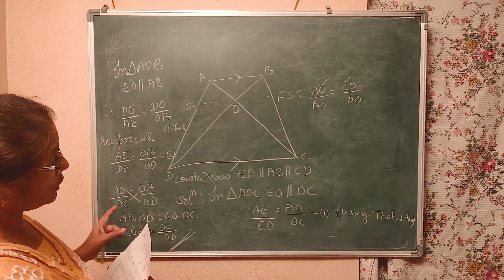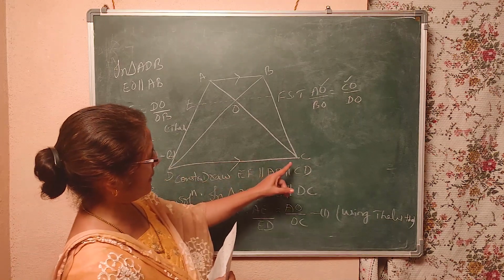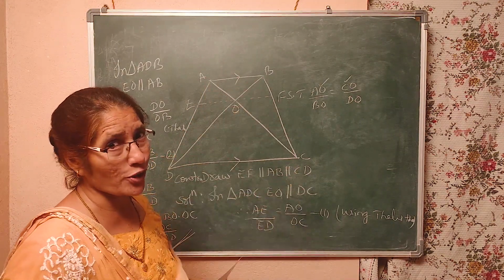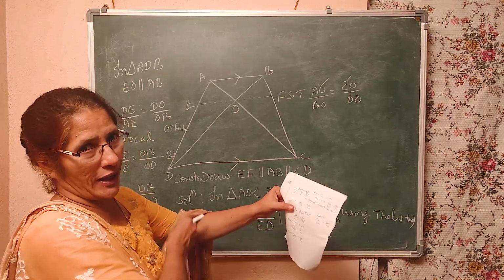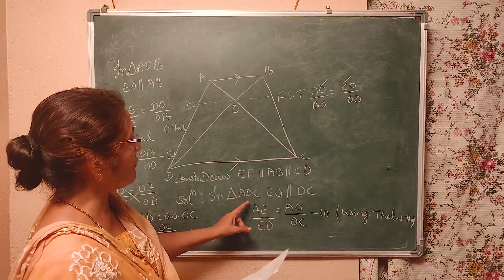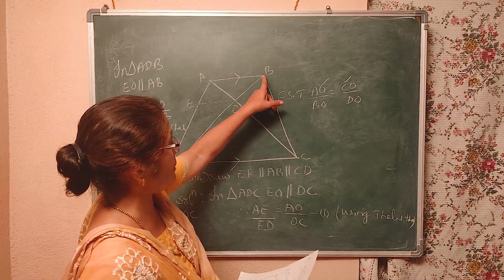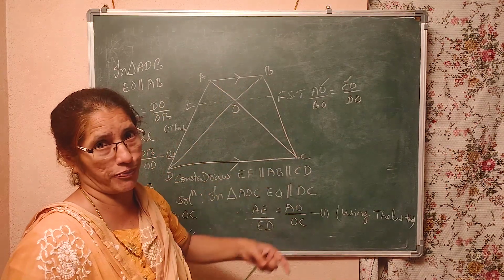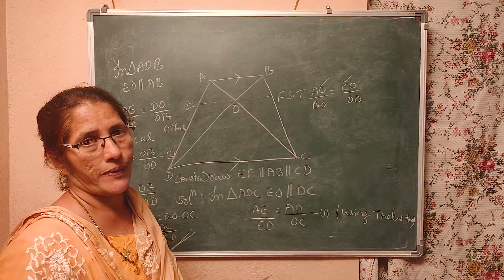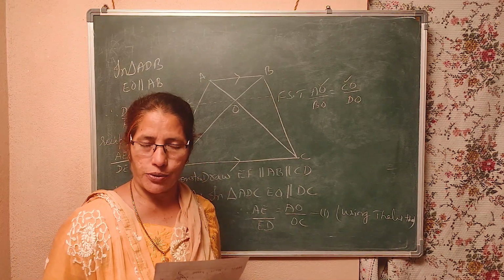You can take another 2 triangles also. What can I take? I can take BDC and ABC. That also could be done. Both ways you can do it. So I hope you understood. So the left hand side is AE by ED. Here, if you get CF by FB, in both you have to get CF by FB only. Then only it is easy to solve that problem. So the 10th question is asked, a nice question.